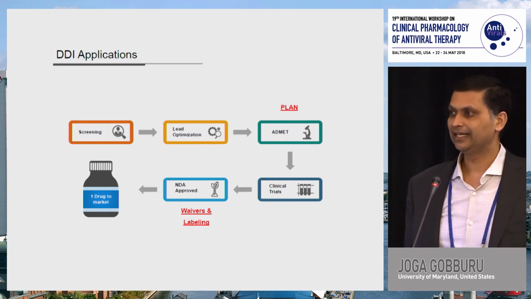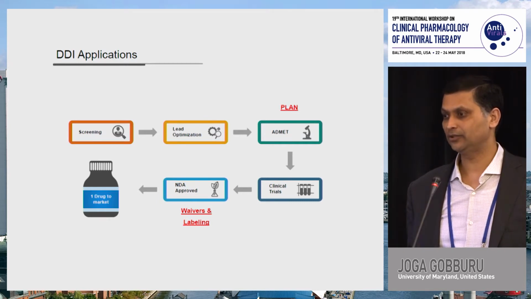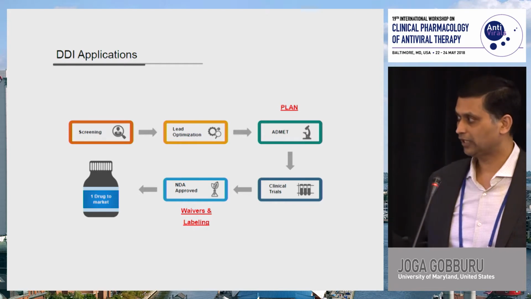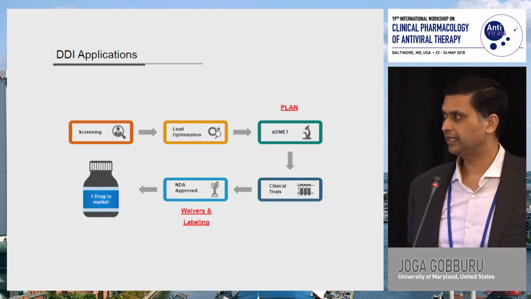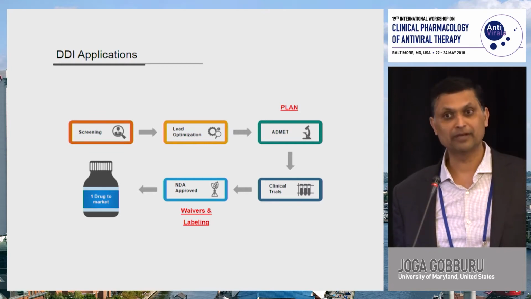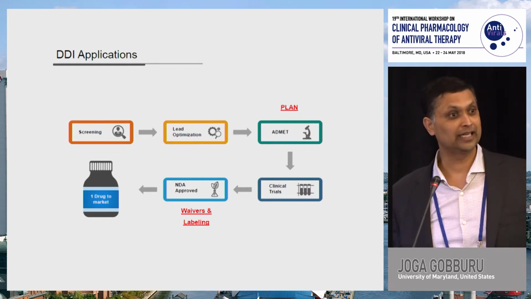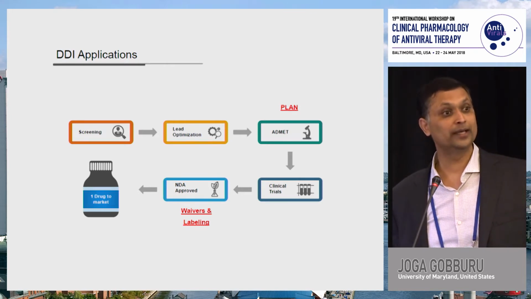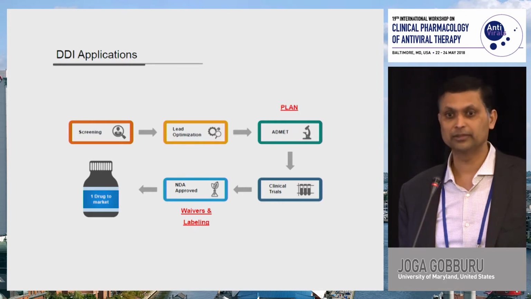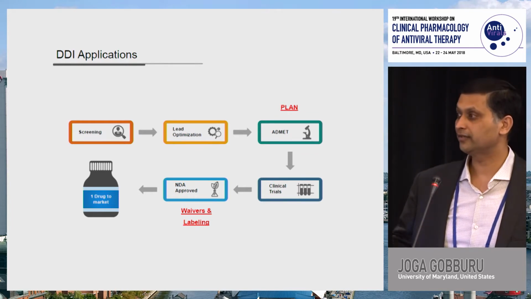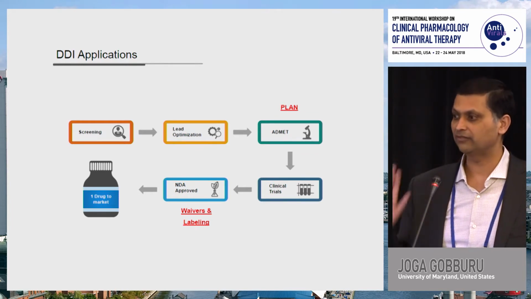The second is when this is important to be done for planning, because you have to write your protocols for your patient studies, and that protocol will have inclusion-exclusion criteria, and some of them you have to decide whether to include patients on certain drugs in these studies. How do I plan that? I would plan that using these types of predictions, because you don't have to do all the in vivo studies upfront. So that's the planning part, which I think is the single most valuable